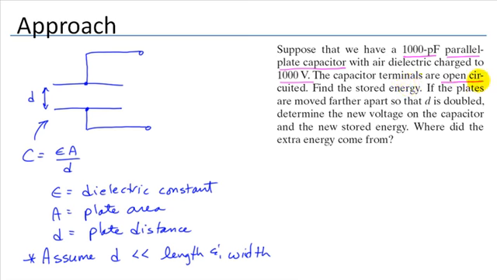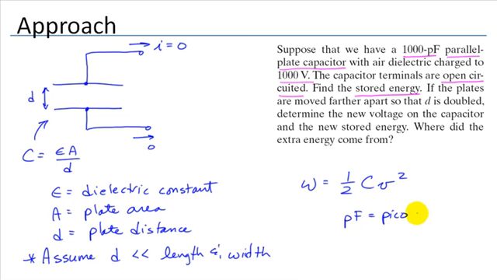Now the problem statement continues by saying that the capacitor terminals are open circuited, and that tells us that no current flows out of the capacitor terminals. So any charge displacement that we have is constant. The charge can't move anywhere. We then are looking for the stored energy. Well, we know that the energy associated with a capacitor is 1/2 the capacitance times the square of its voltage. Well, we know the capacitance,